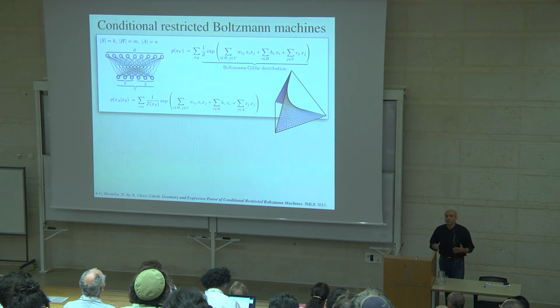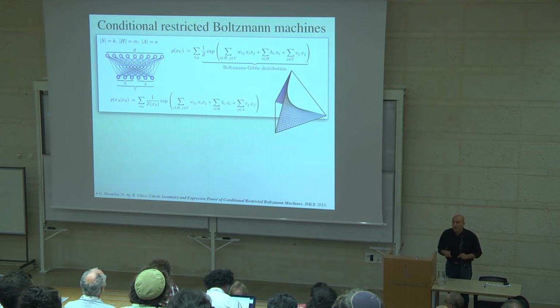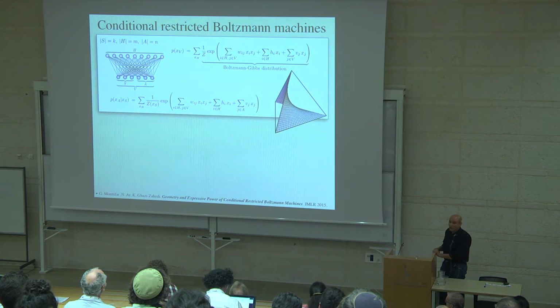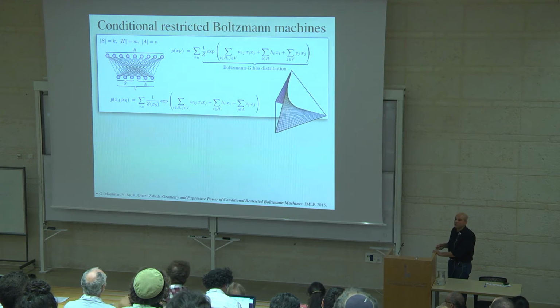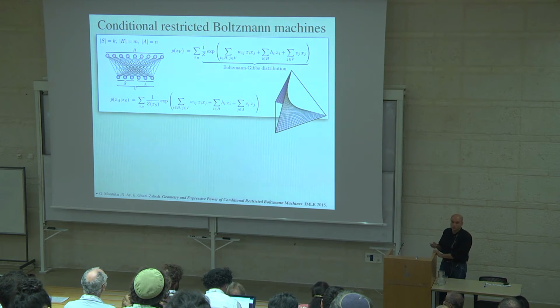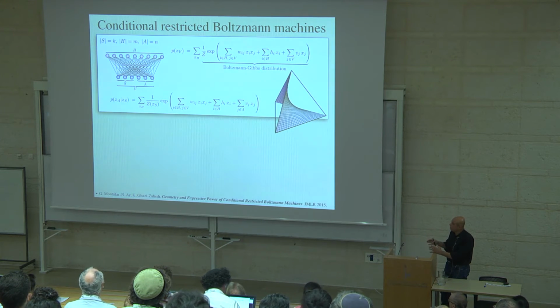When people refer to restricted Boltzmann machines, they actually mean that projected geometric object. Many people try to understand that geometric object in order to understand the performance of learning, and it's very hard. It's even hard to determine the dimension of that projected exponential family. Until recently, it was an open problem to determine the dimension, and it has been solved by a colleague of mine, Guido Montufar, recently, using methods from algebraic geometry. So it's a very complicated object, but we can say a few things about it.